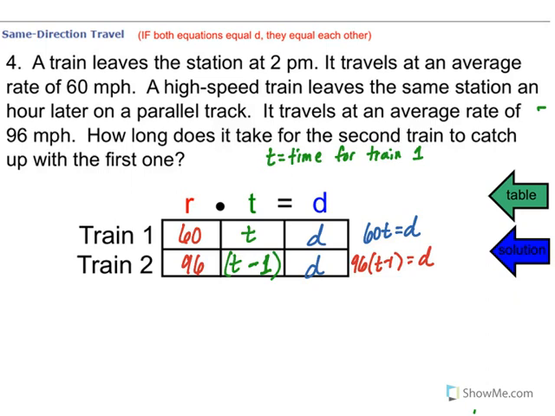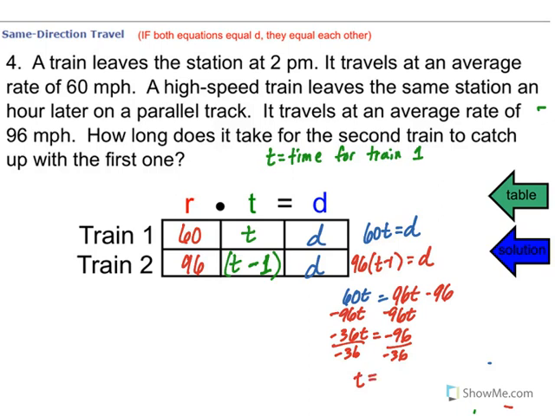So we would have 60t is equal to 96t minus 96. If I subtract 96t from both sides, what I end up with is negative 36t is equal to negative 96. Divide negative 36 on both sides. What we end up with is t is equal to